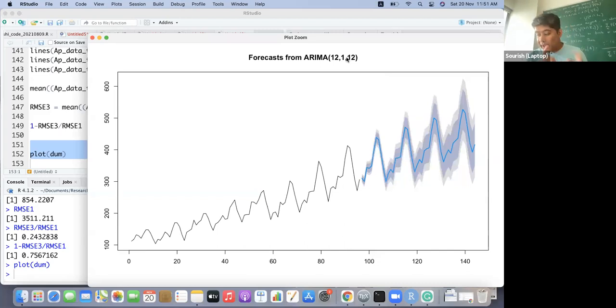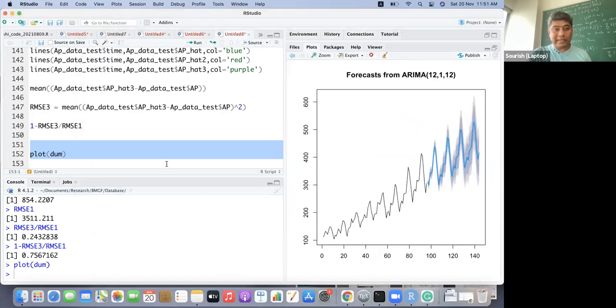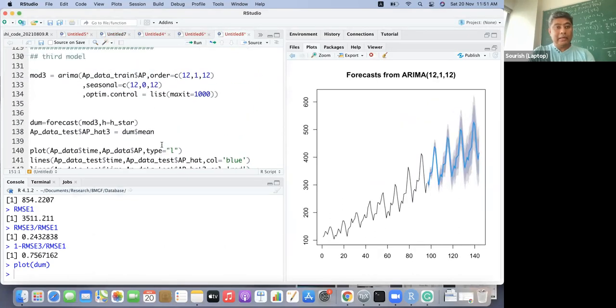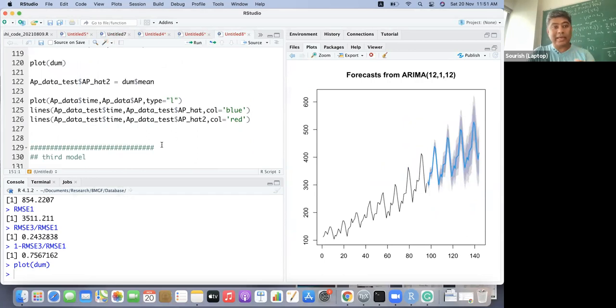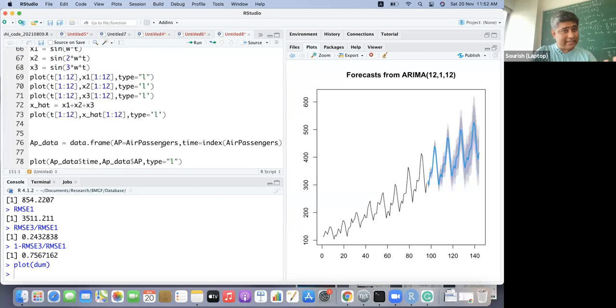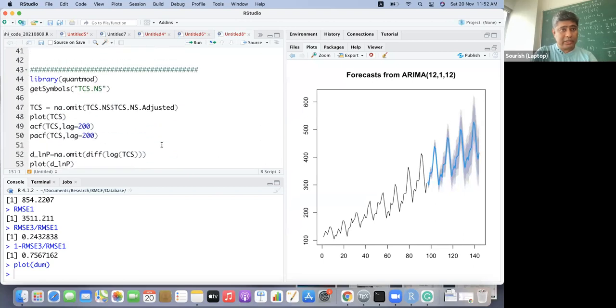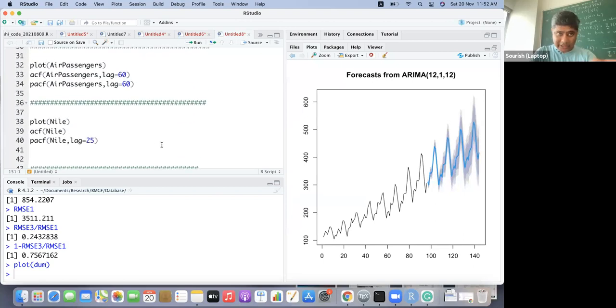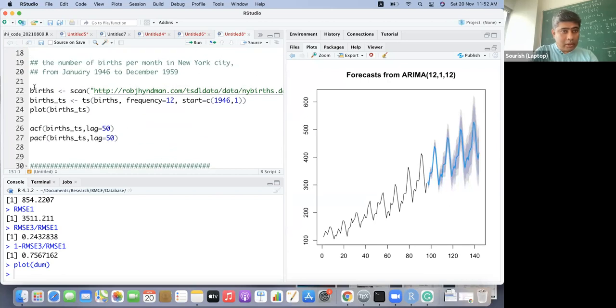Okay. So now I am going to give an assignment: can you try the same thing with the birth time series data? Because it has similar kinds of features. I'll share this code with you.